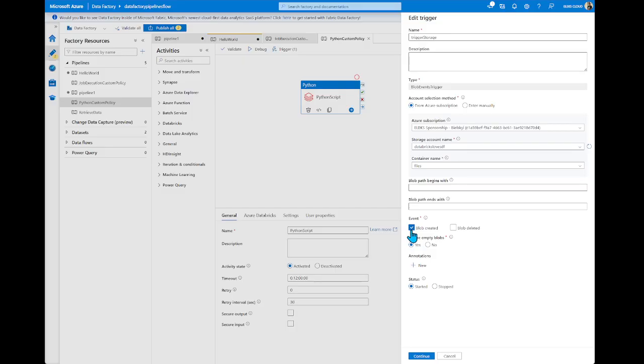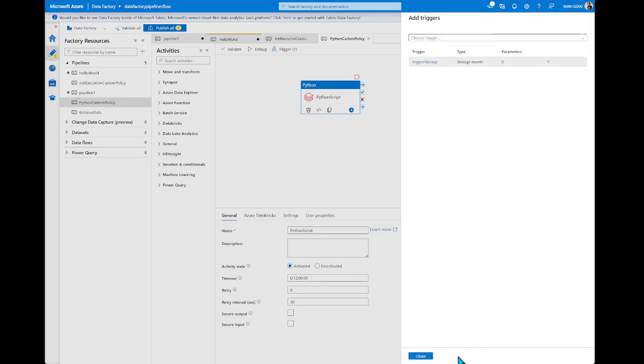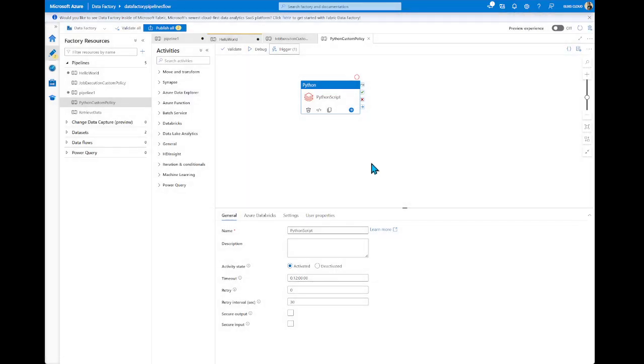Once a blob is created, we can trigger this pipeline, or once a blob is deleted, we can execute this pipeline. We can also have some logic on how the blob path or blob name looks, and in that case trigger or not trigger our pipeline. That's pretty much it. Nothing specific.